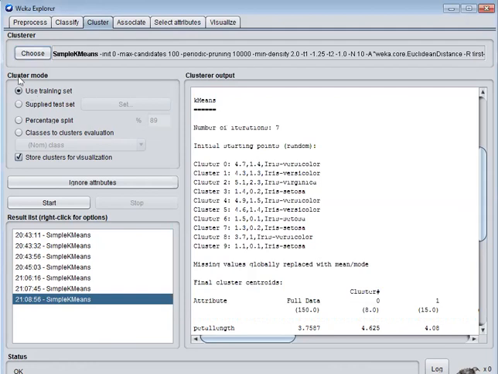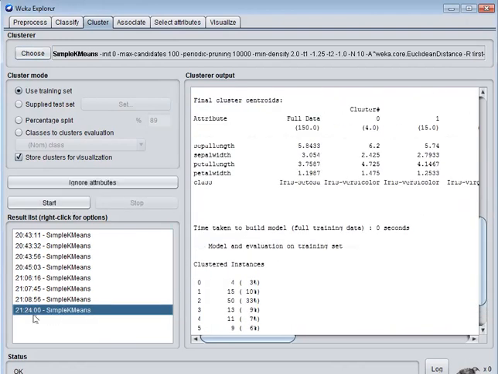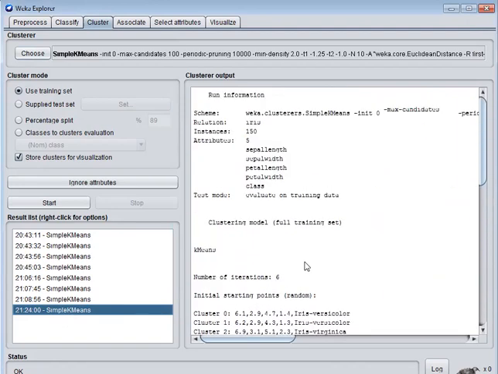Then in the cluster mode, we choose use training set and store clusters for visualization. We select the option and start the clustering. When we start, the visualization of the cluster is stored in the result list, and the output is displayed here. There are totally 150 instances and 5 attributes.